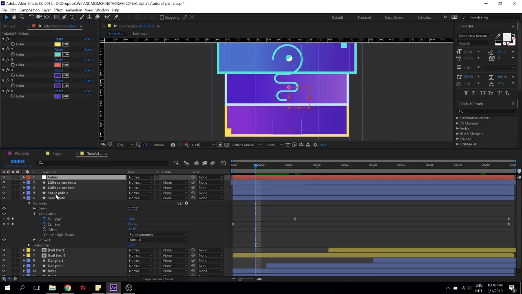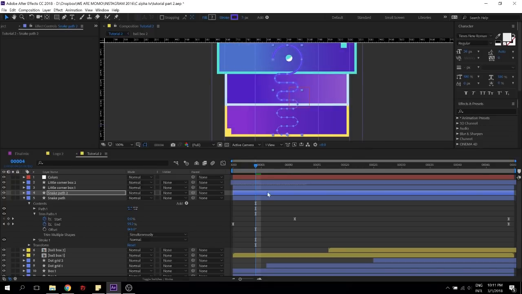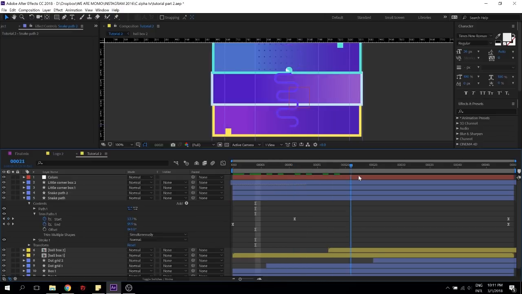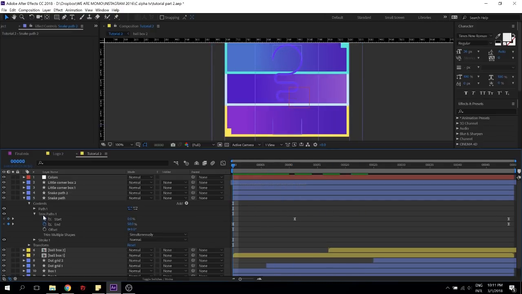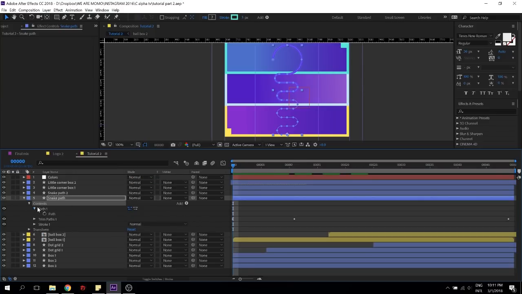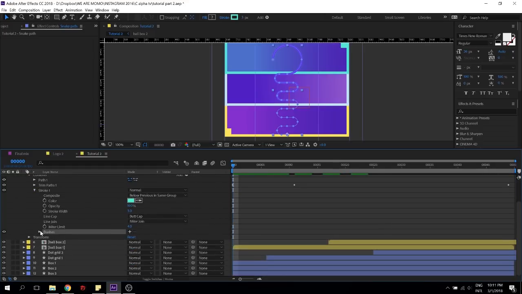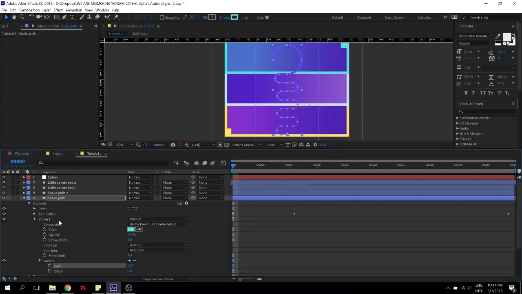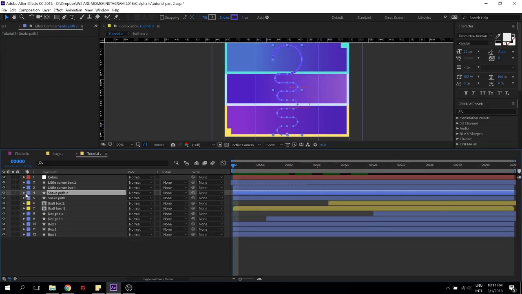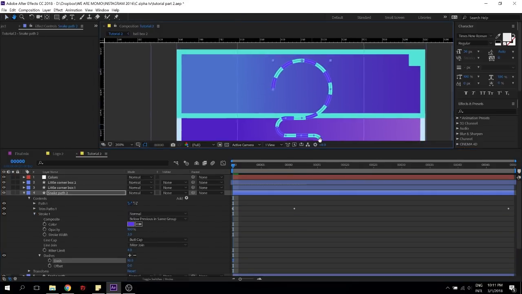and I'm gonna go inside my snake path. I'm gonna make sure that I change this into that color. So right now we have a huge snake path that are overlapping each other. So how do we get this to be dashed? All I need to do, if you remember from the previous tutorial, is I go inside my path, inside my stroke, and I have here something called dashes. So if I increase the dash with a plus, it means that I want to add some dashes. Sorry, I'm doing it on the wrong one. So I'm just going to go on the snake path 2. I'm going to go inside of content, inside of stroke. I'm going to add dash. So right here, you can see that I added a dash.